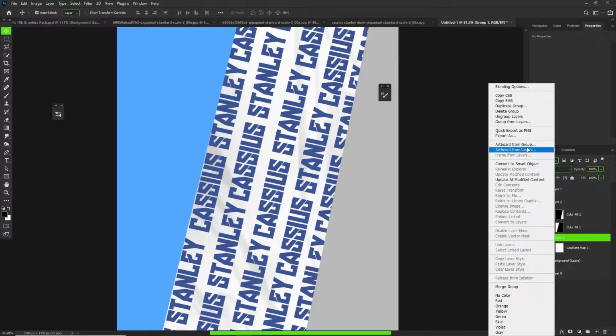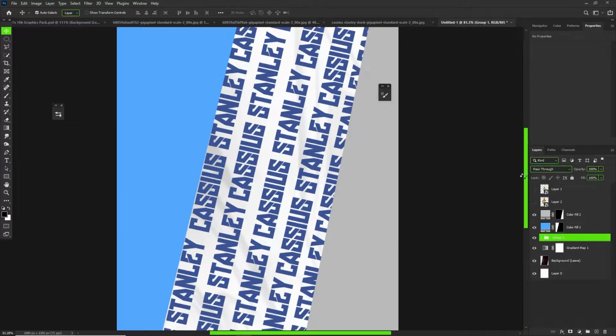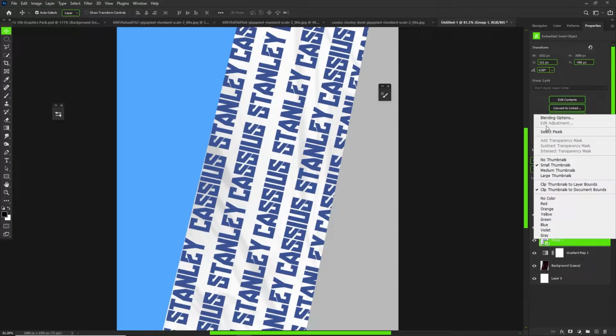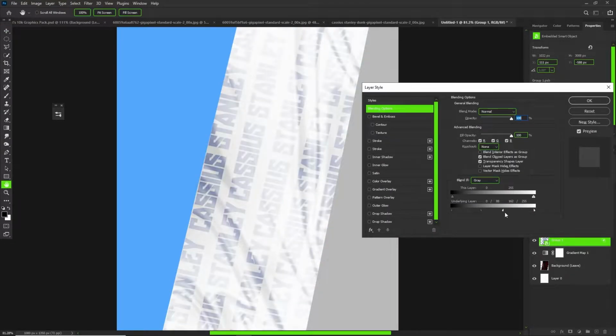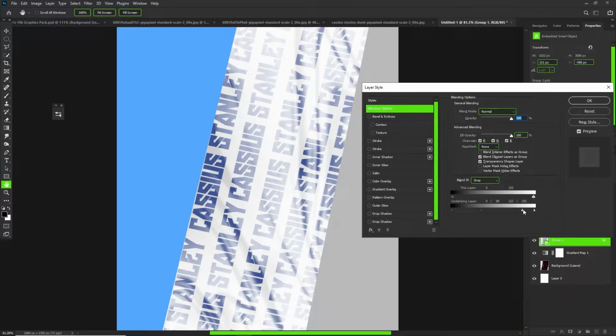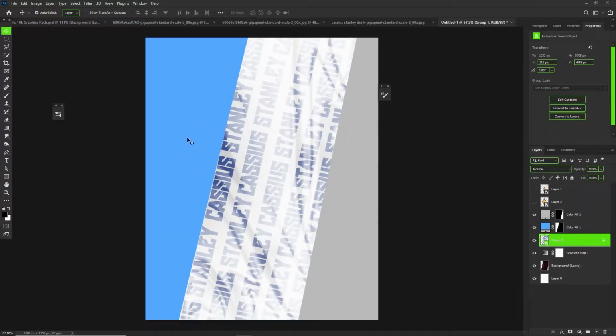And then I'm gonna convert it to a smart object so I can blend it in. Right click on blending options, and let's see how it'll blend into our background. So yeah, I like that right there. Blends into the background. Really cool with the blending options. Make sure you guys hold down Alt or Option to separate these triangles apart from each other. And then we're just gonna do the last two